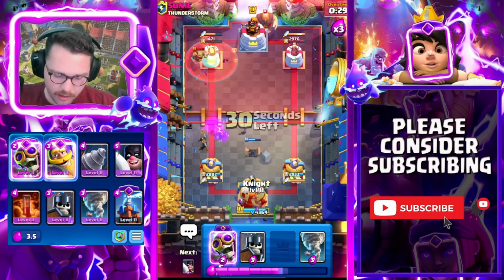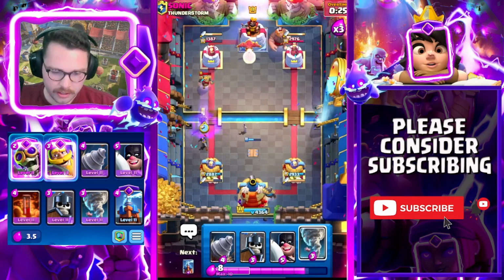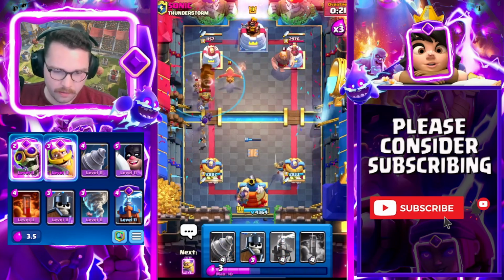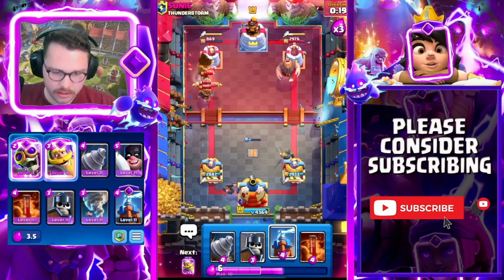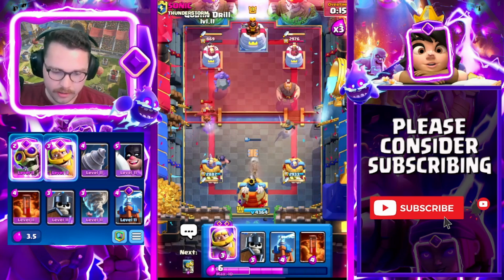Oh, he goes for a Giant. Okay. Do you think he'll predict this Berry? We're going to see if he does. He doesn't. He has to spell it. He has to use Arrows or he's going to lose his entire tower, most likely. Do you think he regrets not playing a spell on it? I don't know. I feel like I would, but...